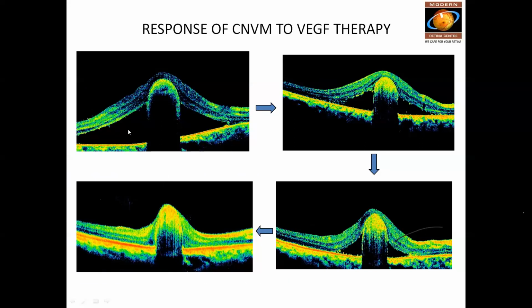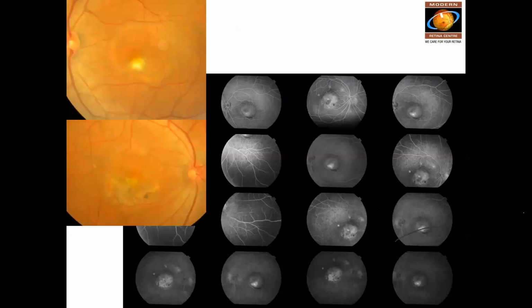Now, once the fluid is totally absorbed sequentially, in the last picture as you see here, there is almost nil fluid. So this is the time where we think that the treatment is sufficient. We stop there and we follow up this patient every 2 months from now. And whenever any new fluid develops in these sites especially, that immediately indicates that the lesion is becoming active, and again we inject these patients with intravitreal anti-VEGF injections.